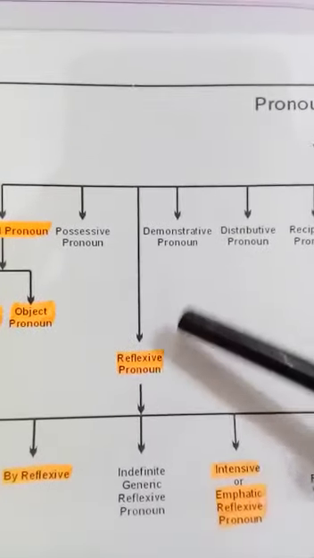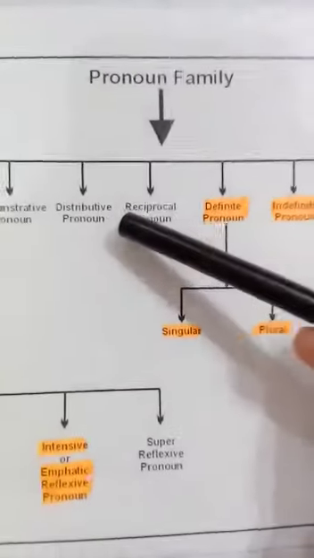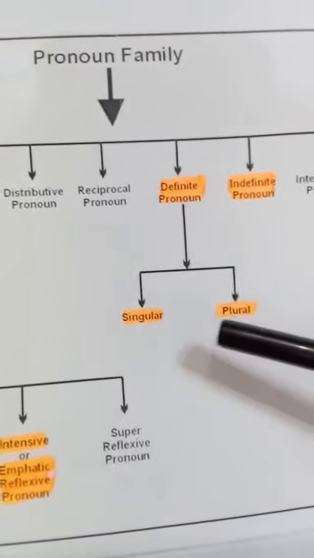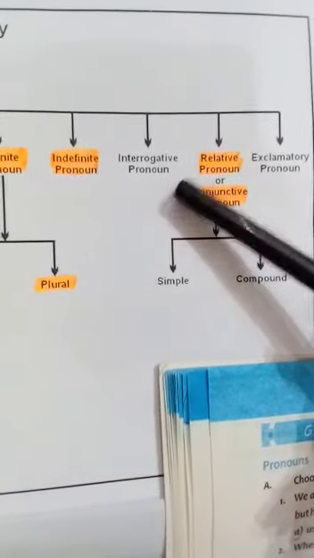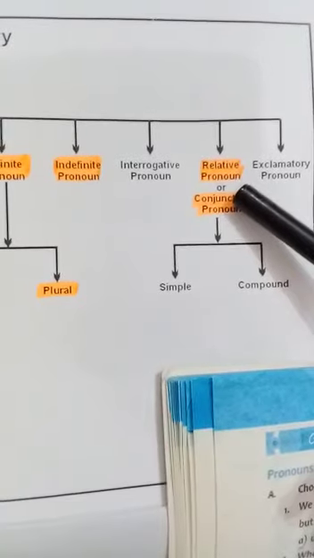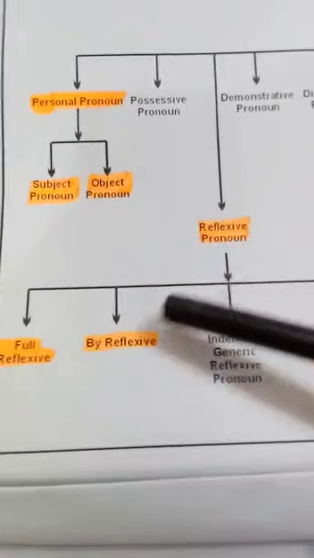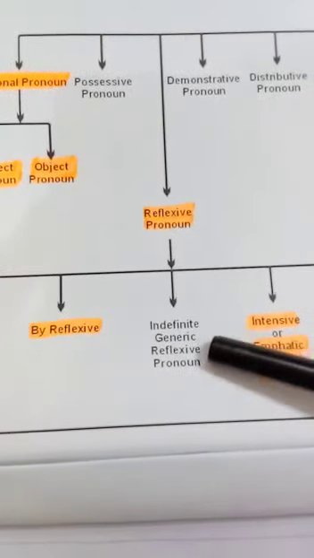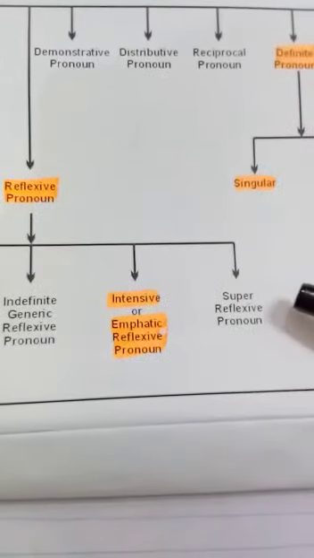Possessive pronouns, reflexive pronoun, demonstrative pronoun, distributive pronouns, reciprocal pronouns, definite pronouns, which is singular and plural, then indefinite pronouns, then interrogative pronouns, then relative or conjunctive pronouns, which is then simple and compound, exclamatory pronouns, then reflexive pronouns divided into full reflexive, bireflexive, indefinite generic reflexive pronoun, intensive or emphatic reflexive pronoun, and super reflexive